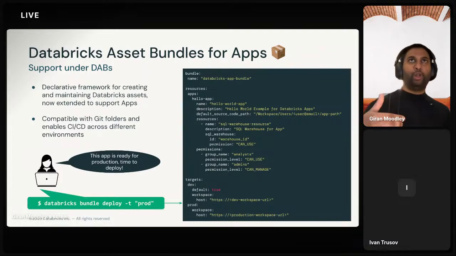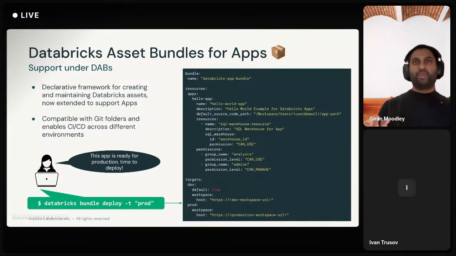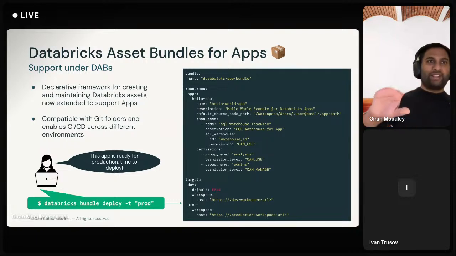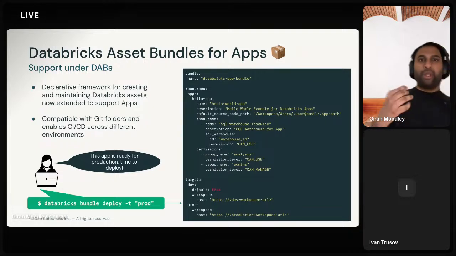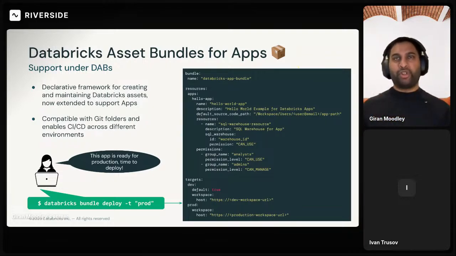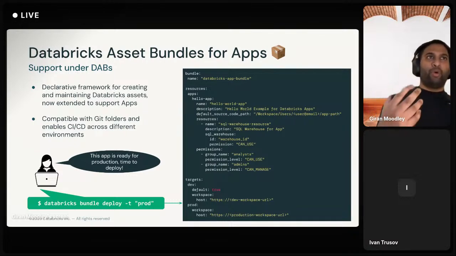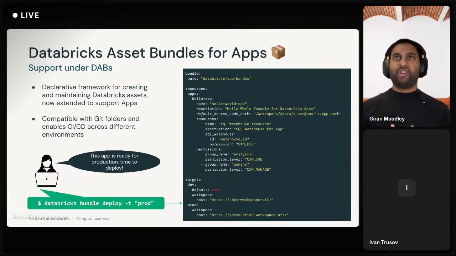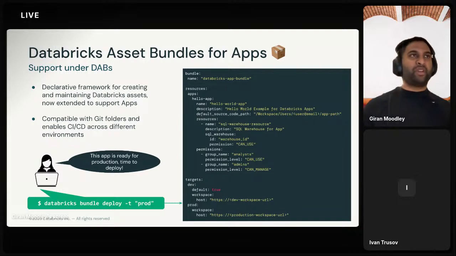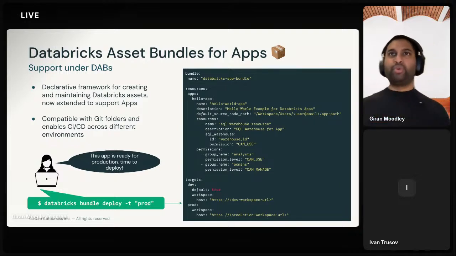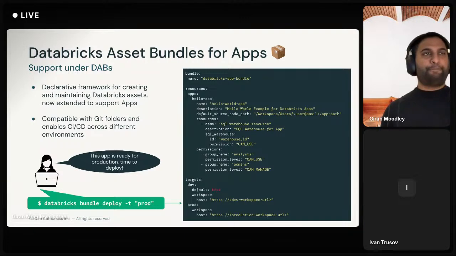In terms of how we would actually industrialize CI and CD, we have support for Databricks Asset Bundles, or DABs. For those who are not familiar, DABs is a framework that allows users to declare Databricks assets and resources in a programmatic and deterministic way. So rather than going through the UI, clicking, and granting the permissions, you can codify this and have it authored in a way that's governed and checked in as code. And this is a quick example to show you how you would do that.